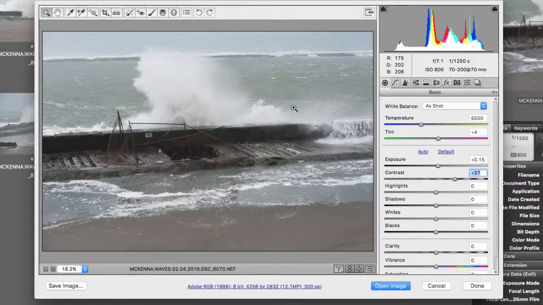We can also adjust the highlights. That's the bright areas in the image. So if something is really, really blown out, we can adjust the highlights slider and bring a little more detail back in. We can also pull detail out of the shadows or make them darker by adjusting this slider. And that same thing works with the whites and the